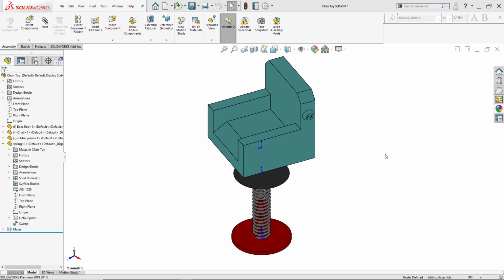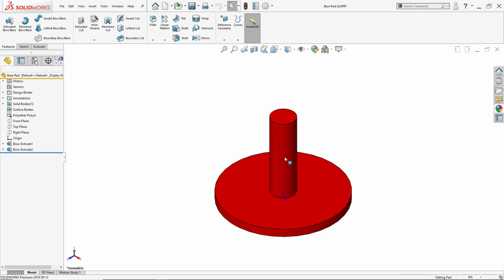Now here in front of me I have a toy that I've designed for my nephew. There's the base, the spring, and the little plastic piece. You can put his action figure there and have it pop up and down, and it's already inside an assembly environment. So before I create that bill of materials, I'm going to go back to that red base there,